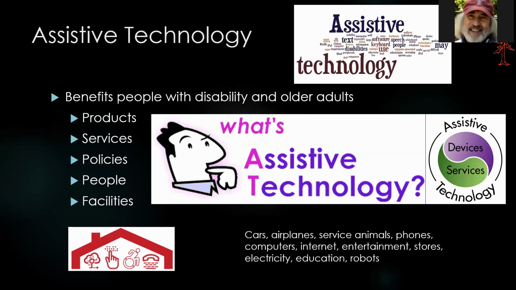And certainly robots help people do things that they couldn't do on their own, as far as lifting things or moving things. But the biggest piece of assistive technology in my mind is the educational system. And so to my students, I say the number one piece of assistive technology is Stanford University, because without places of education, you wouldn't have intelligence. You wouldn't be able to learn about things and to help other people. So the education system and schools and universities are indeed assistive technology, because without them, it's hard to learn on